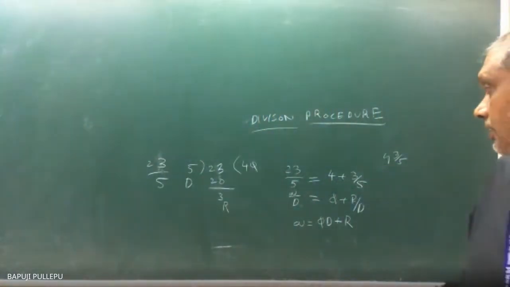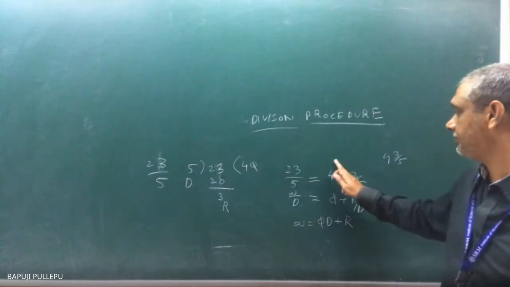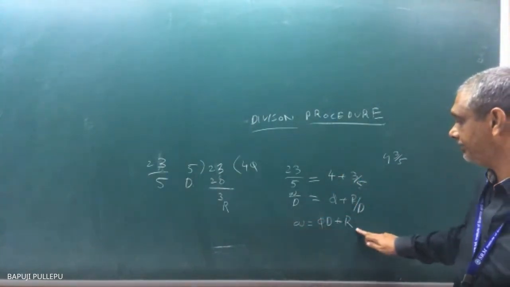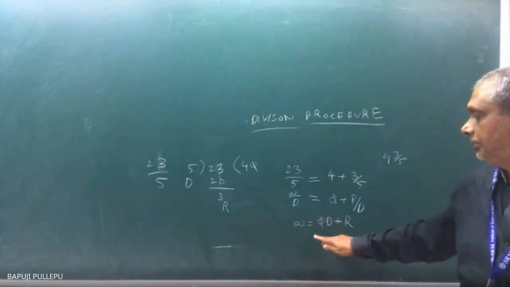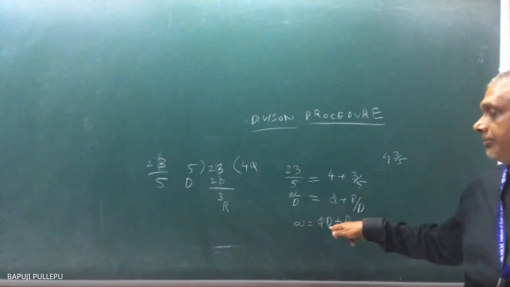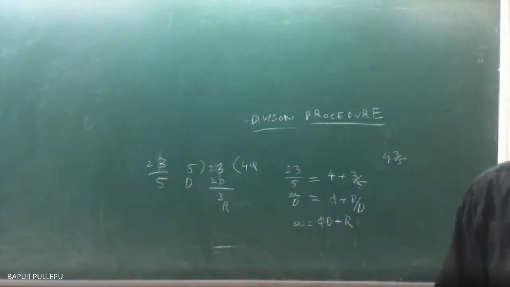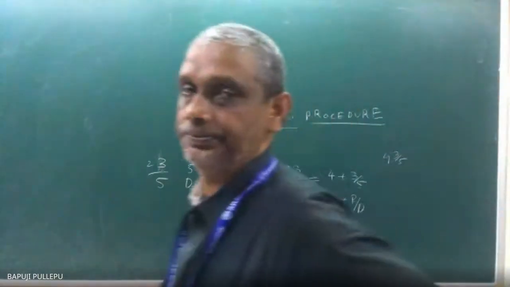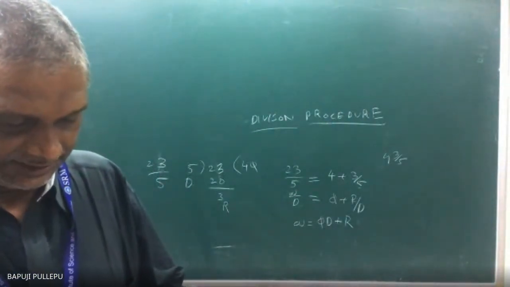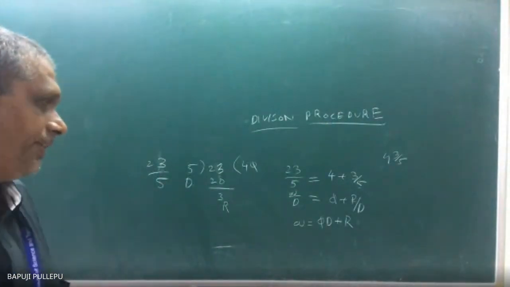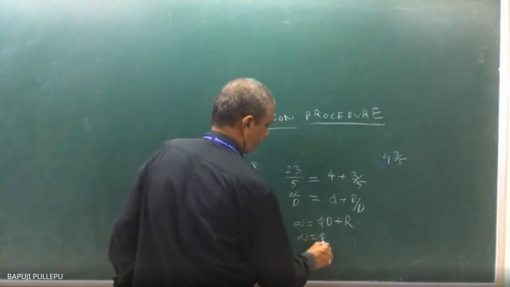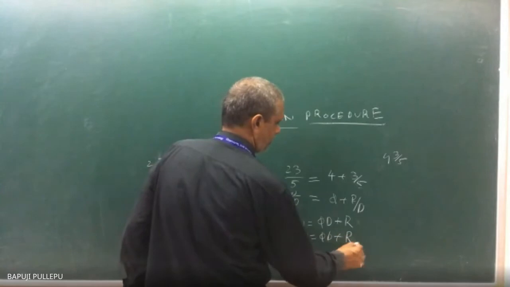Now I started using 4 plus 3 by 5 as the lowest case. Now in discrete math, any number they will write as q plus r by d, where d is the divisor, r is the remainder, and q is the quotient. For any number, this is the divisibility theorem. In your textbook, they write it with b as the divisor. So a is equal to qb plus r.